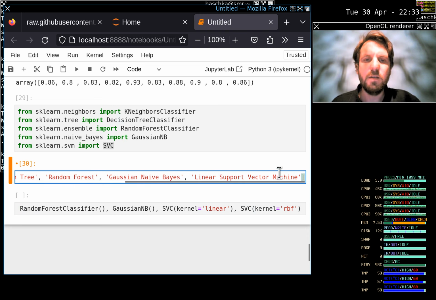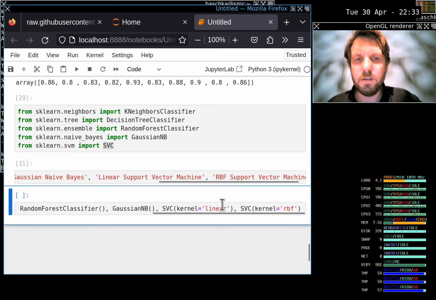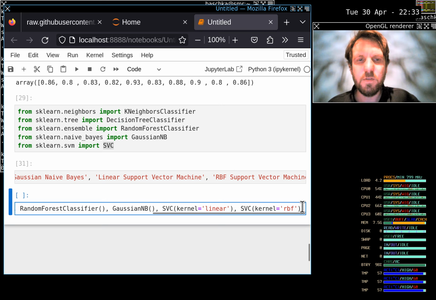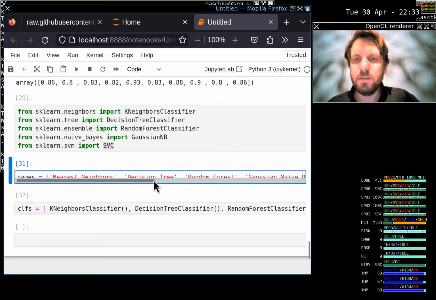Okay, so in order to update this, we will also update the names up here and add at the end the RBF, radial basis functions support vector machine. I will call this the RBF support vector machine. Okay, so let's evaluate our lists. Let's close this list first here, evaluate this,